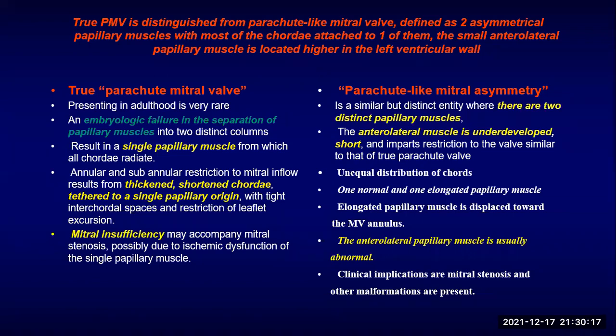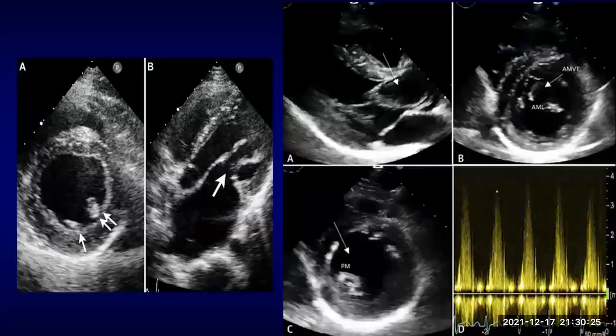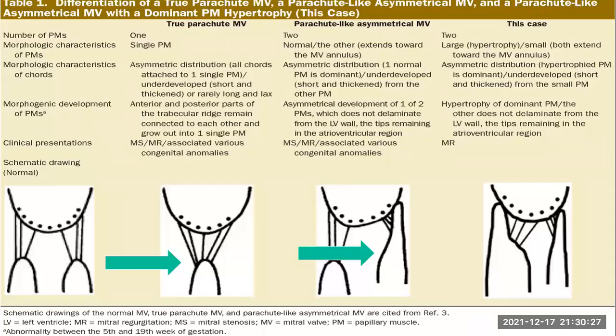And for the parachute-like mitral asymmetry, the anterolateral muscle is undeveloped and short. Okay, so if you can see here, this is the true one with a single papillary muscle. This is the anterolateral, which is short and underdeveloped. Okay, which is not a true